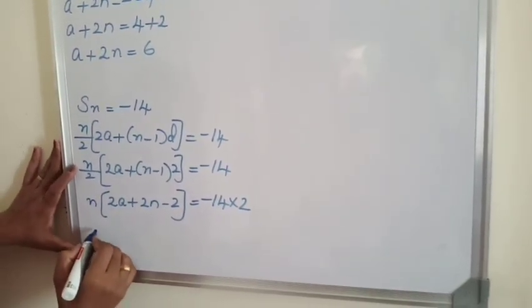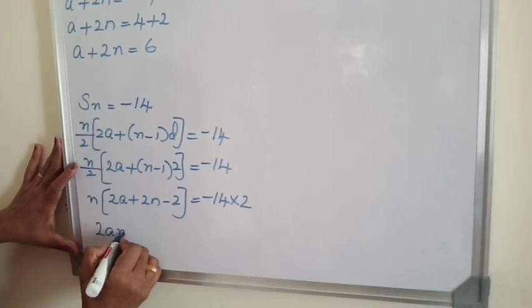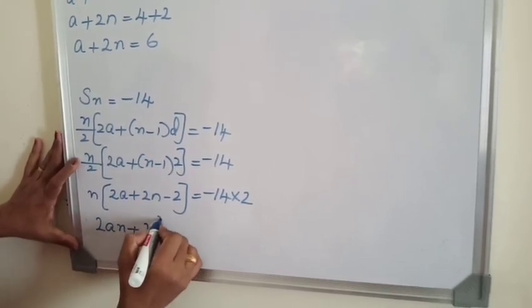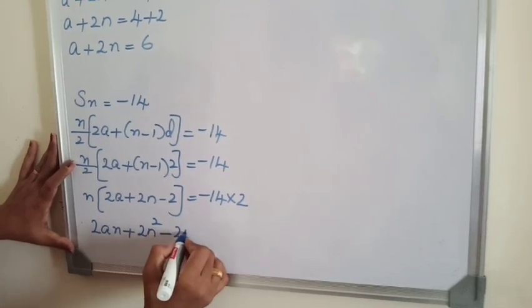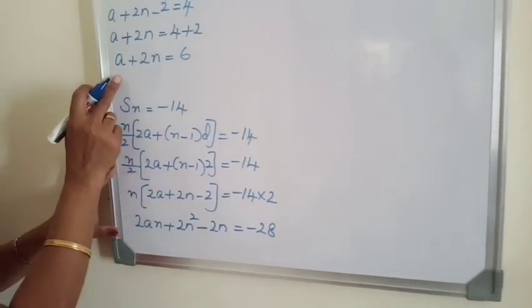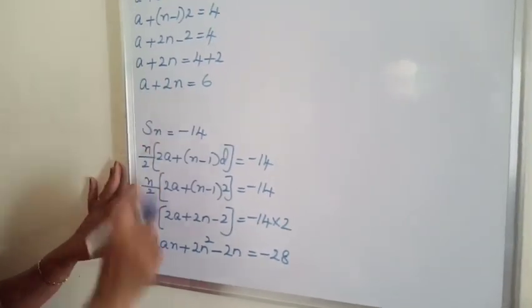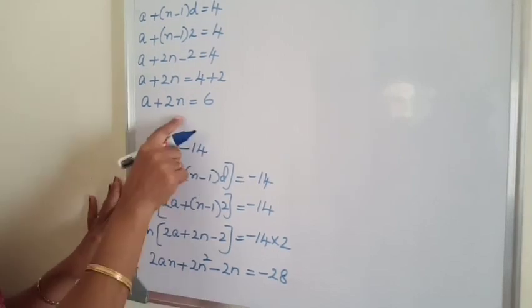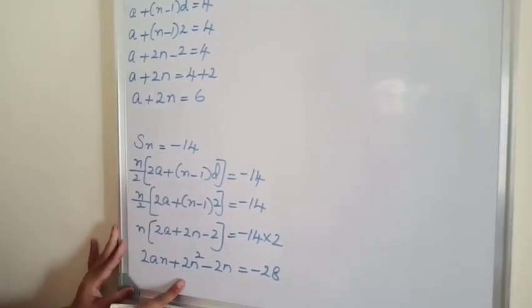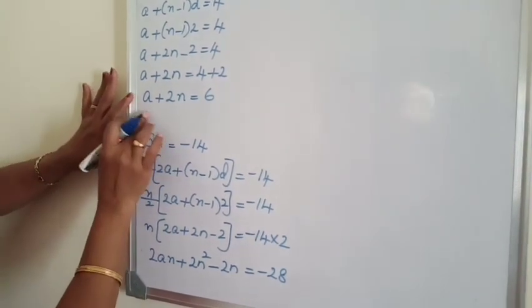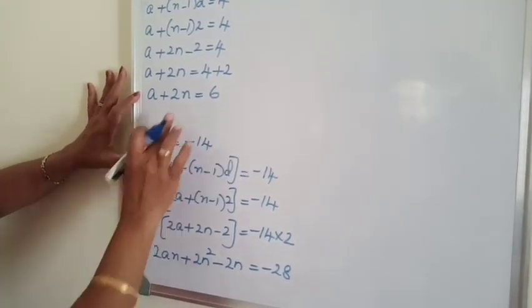Here 2an plus 2n square minus 2n is equal to minus 28. See, here we got an equation in terms of a and n. Here also, in the same way, we got an equation. So to solve this type of equation, we cannot subtract. No term will cancel. So what we have to do is, in the first equation, which is the simple equation,